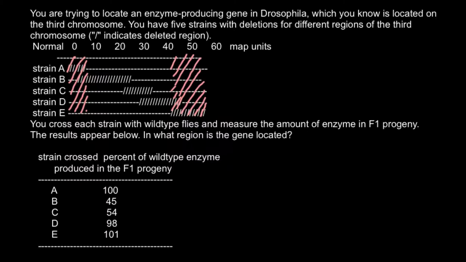And strain D also shows good results, and it's a little bit smaller than E, but it's still normal fluctuations in production of enzyme, and we can also say that this deletion doesn't affect a gene, so we can cross out and shadow all this region over all the strains. So what we are left with are strain B and C, and as you see there is a great reduction in production